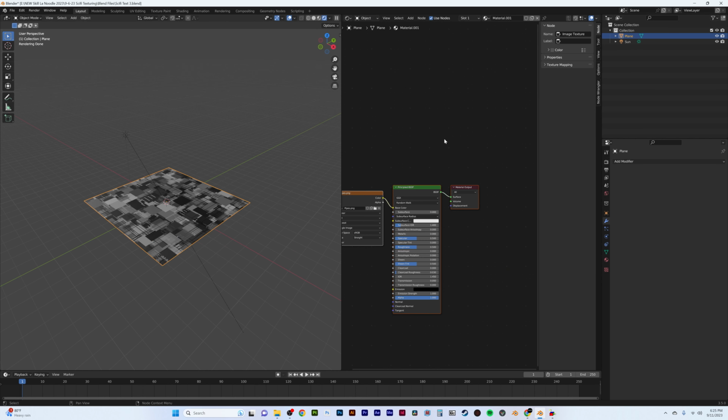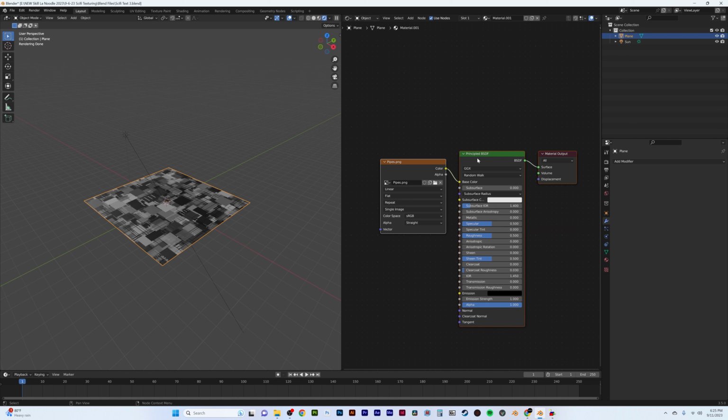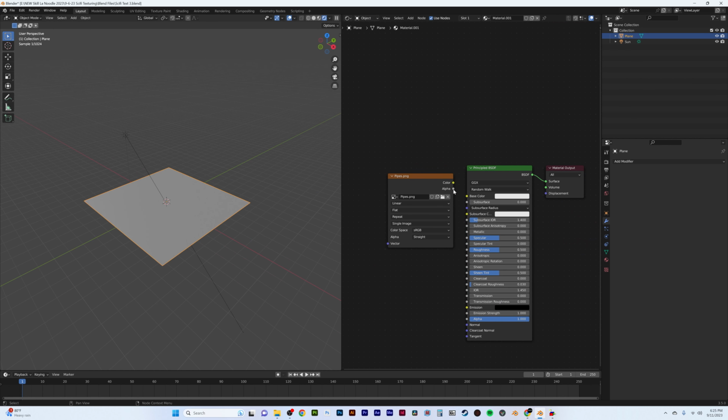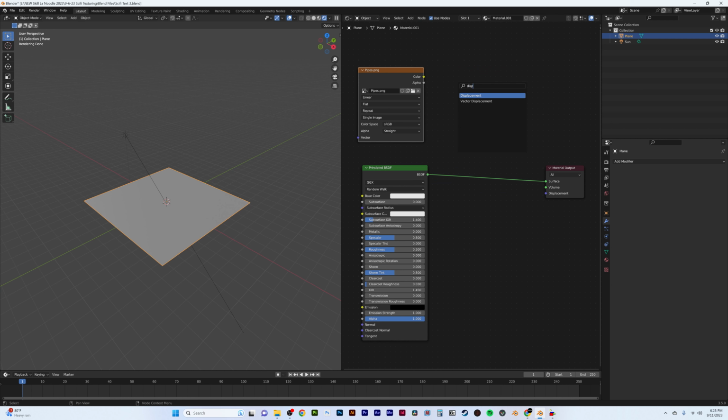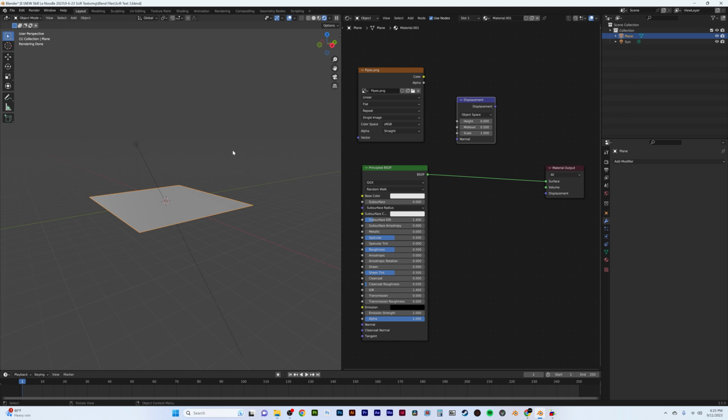So if I go down to the material here, and let's just keep our principled, but we're actually going to disconnect that and attach it through a displacement node. Make sure to add this. If you don't add this, you'll get a very wonky sort of result where it actually extrudes slanted. You don't really want that, so plug that into your displacement node, switch this to non-color, and bring that into